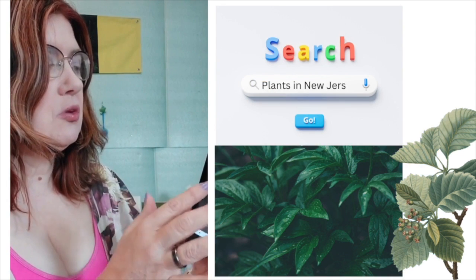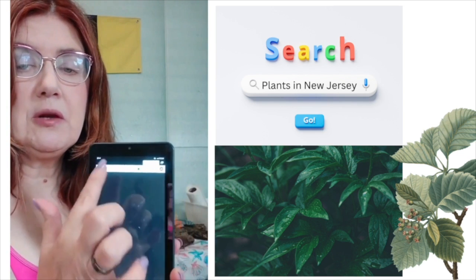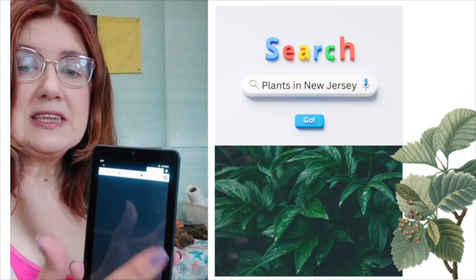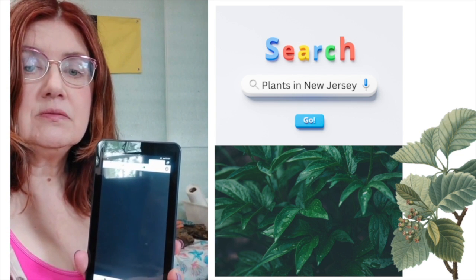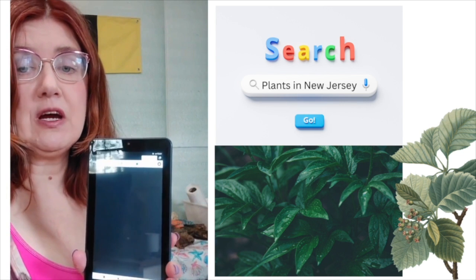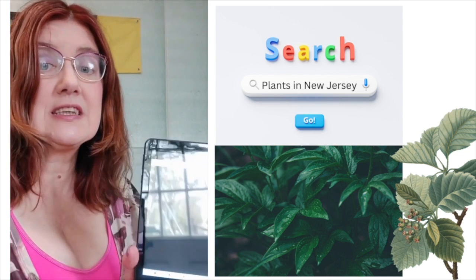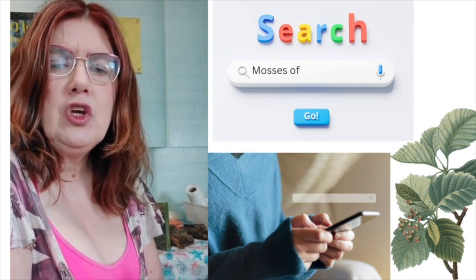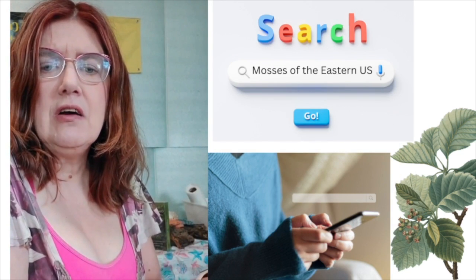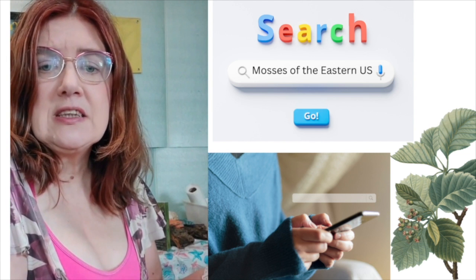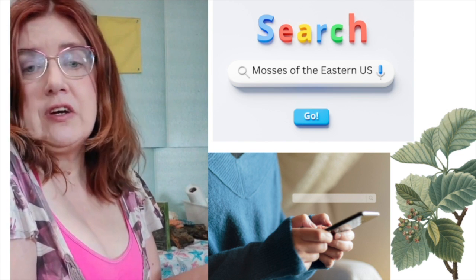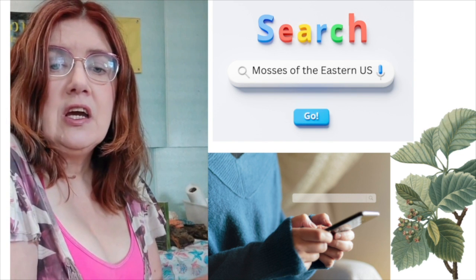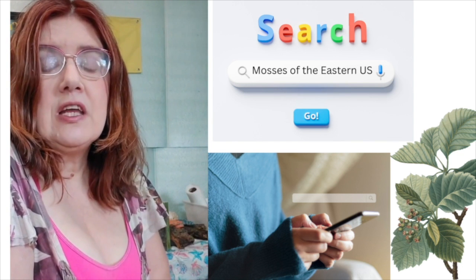So basically what you do is you find your search bar, you put in what you're looking for. Plants found in, let's say you live in New Jersey. Plants found in New Jersey. You can put wildflowers found in New Jersey, wildflowers found in Texas, New York. You could put mosses of the eastern United States, or lichens found in the United States. Let's say you're in Australia. You could put moss or lichens found in Australia, and that just gets you the ID. And after that, you need to look